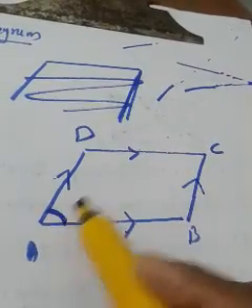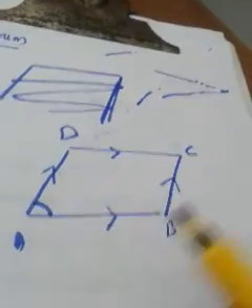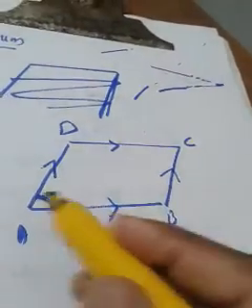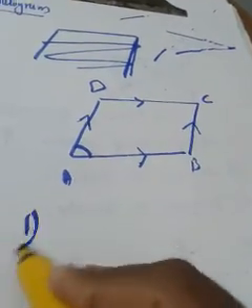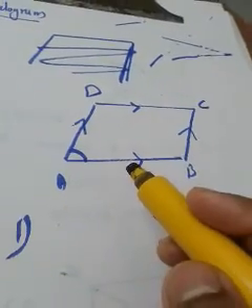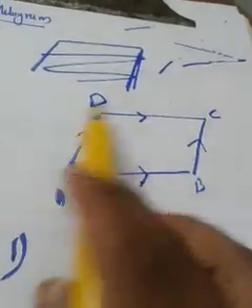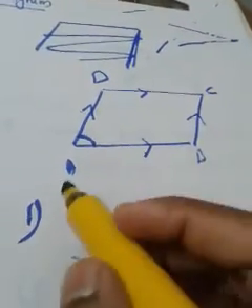But can you call this angle 90 degree? No, this is not 90 degree. So in a parallelogram, we cannot say that all the angles are always 90 degree. It can be 90 degree just like a rectangle, or it cannot be. So we cannot say anything about the angles. In rectangle and square the angles are 90 degree, whereas in a parallelogram, angles can be 90 or cannot be. So we don't know anything about angles in short.